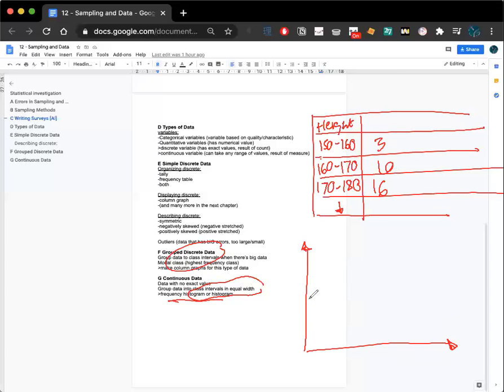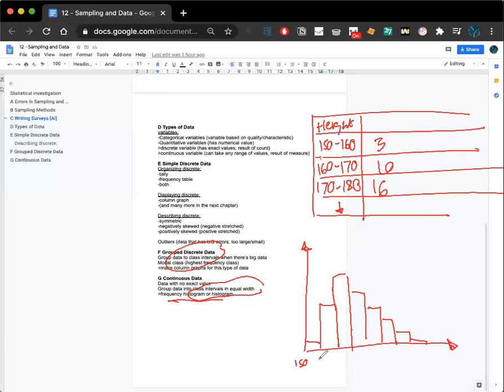So they would be graphed something like this. 3, and then 10, 16, and you know, the list goes on depending on the graph. And the shapes have to be in the same interval. And how you label this would be